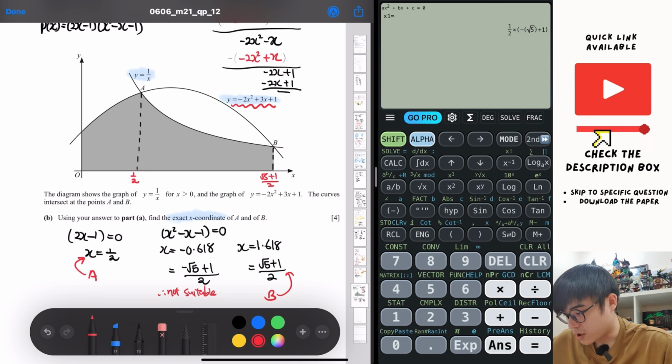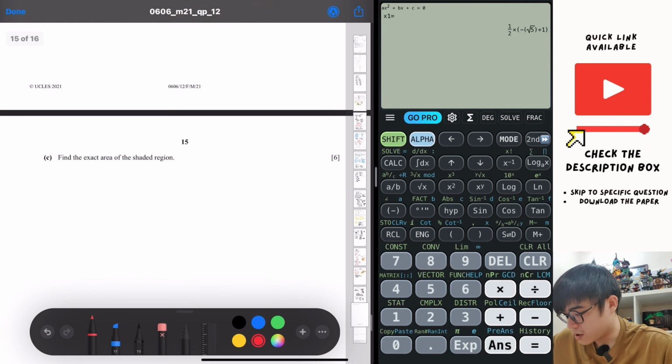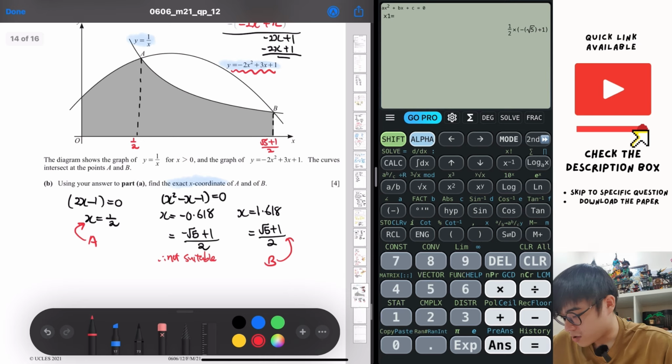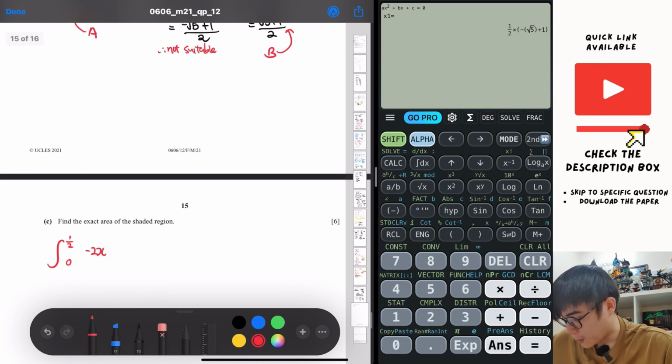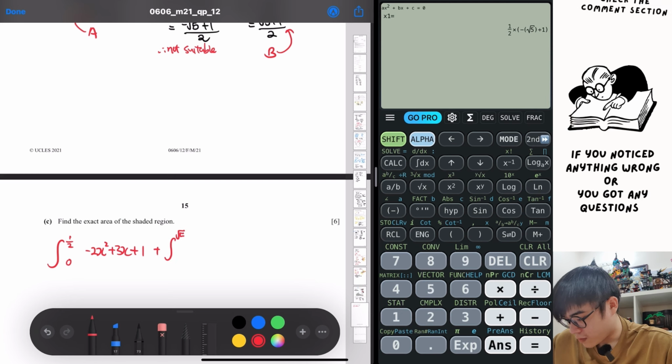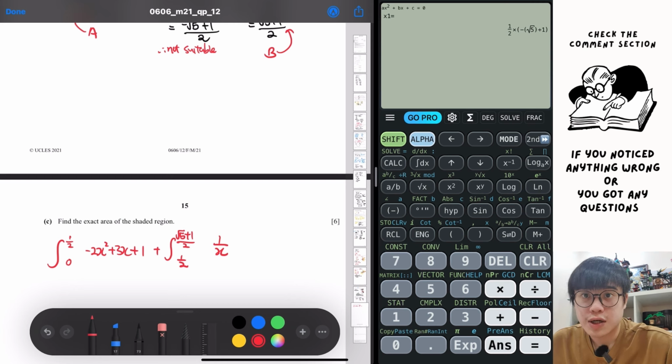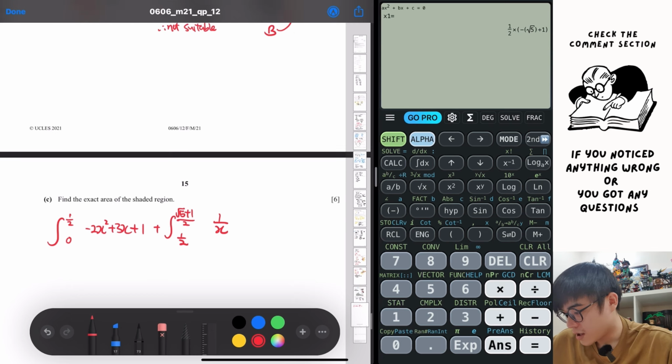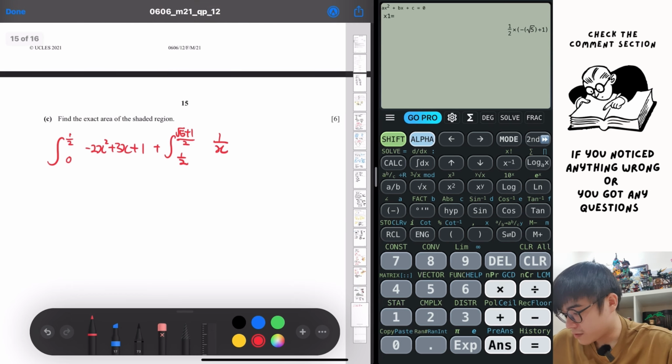So to construct the equation, it will look something like this. 1 over 2 to 0, we have negative 2x squared plus 3x plus 1. Adding up with (square root 5 plus 1) over 2 to 1 over 2, that will be 1 over x here. Okay, to get it done, your final answer will be